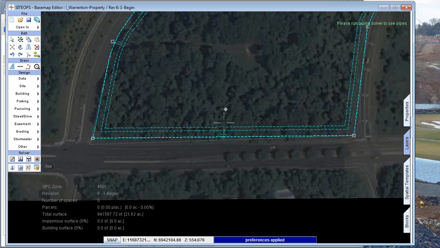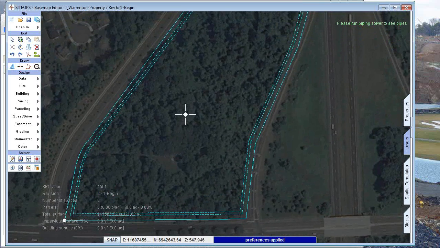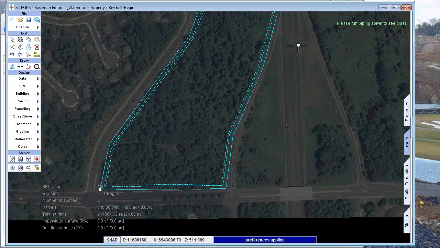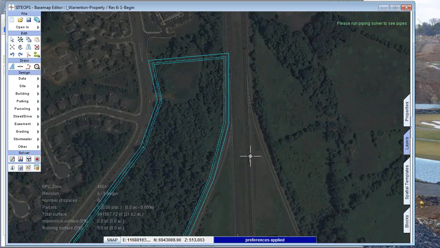Okay, so I have the underlying image. I sketch in the boundary that I think is appropriate. And again, a lot of times you can use tree lines to indicate where properties are, because the idea here is that I want to go ahead and conceptually lay out this site, obtain construction cost, and then maybe estimate the retail value of what this thing might generate. Once I develop this concept plan for the client,